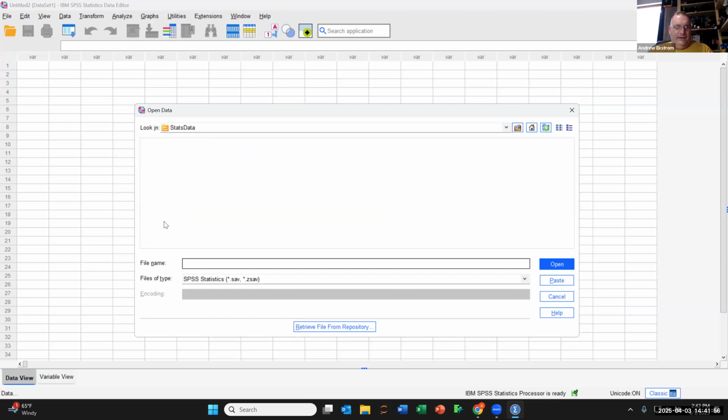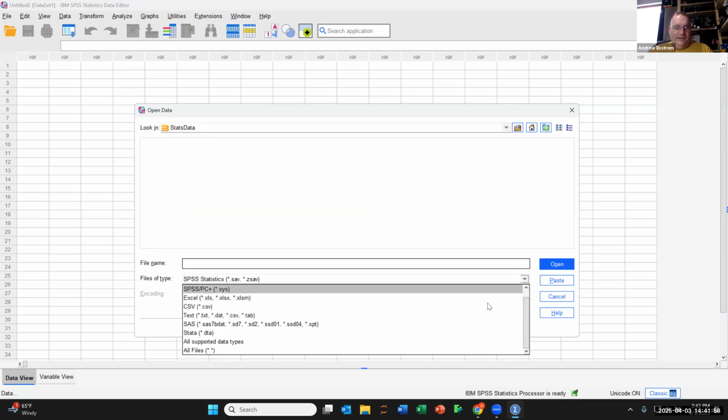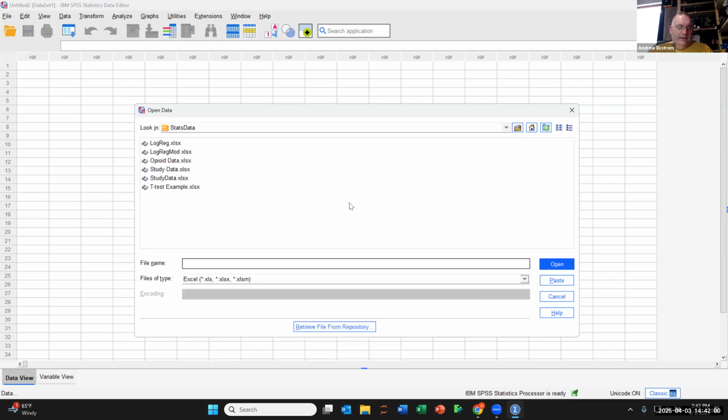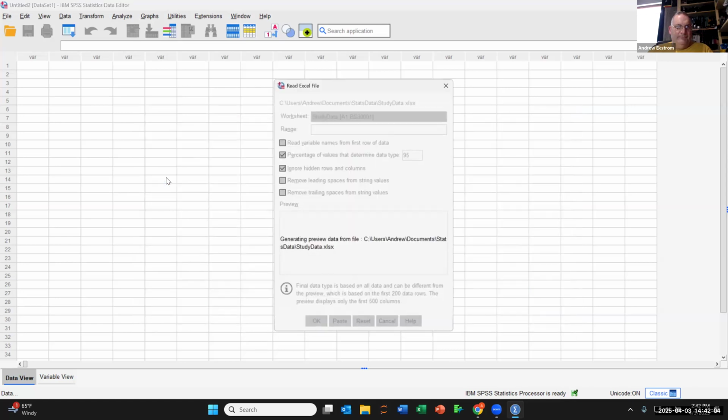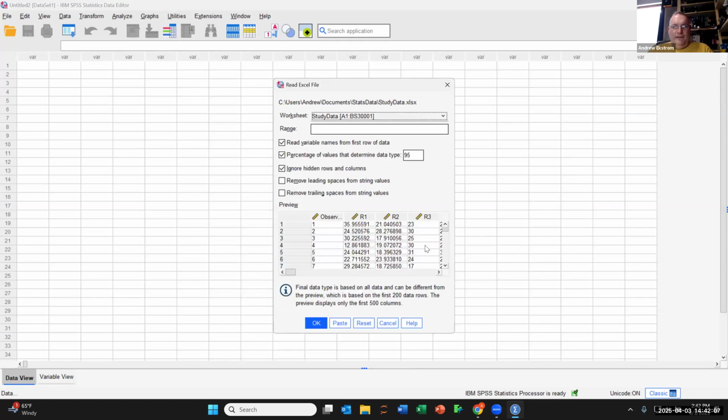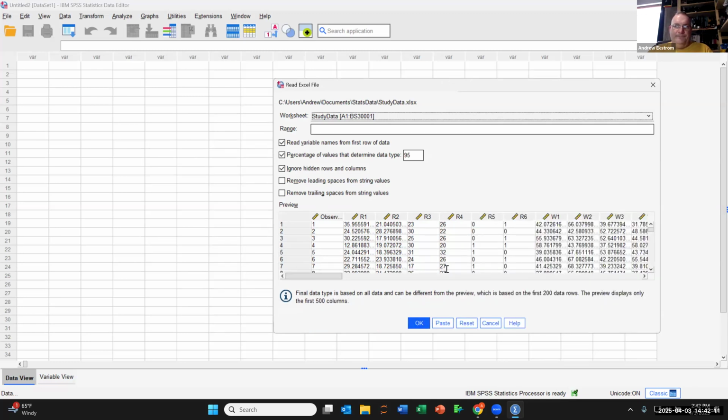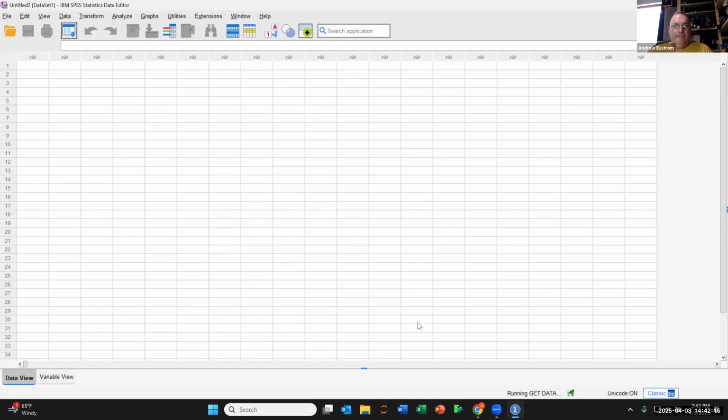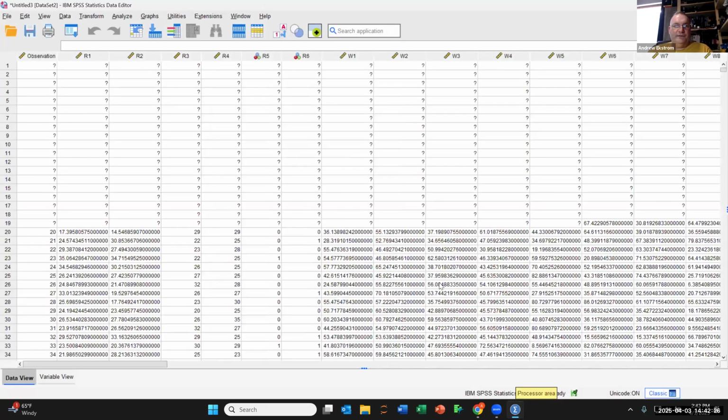So what I'm looking for now is trying to get a data set that I've used several times before. So I'm going to use this study data down here. I'm importing everything into SPSS. You can see all the different variables that I've got here, and I'm going to go ahead and click on OK. The data set that you're going to use is going to be different. There's a whole lot of data in what I'm looking at, which is why it took so long to